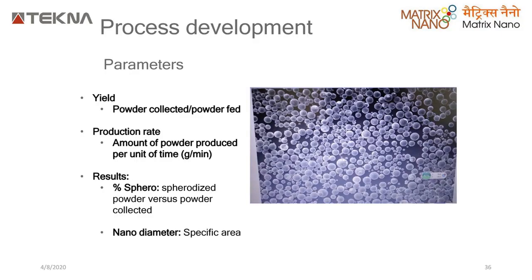Okay, now let's talk about the actual gameplay, which is the process development. Now, what are the parameters that I have to go for to develop my process? As an industry, I look for the powder collected versus the powder fed, which is my yield. How much quantity of powder I have fed, how much powder have I collected, what is my production rate, how much production am I making per hour. When I was saying I make 2 kilograms per hour or 25 kgs per day, what is my production rate? So my parameters of plasma, the spherical powder or the initial feed, the gases, quenching, all these are based on this production rate, yield.